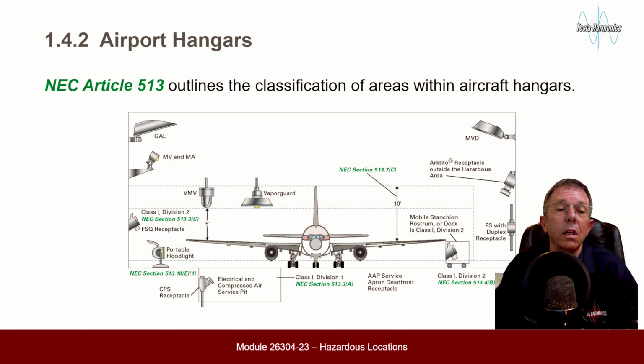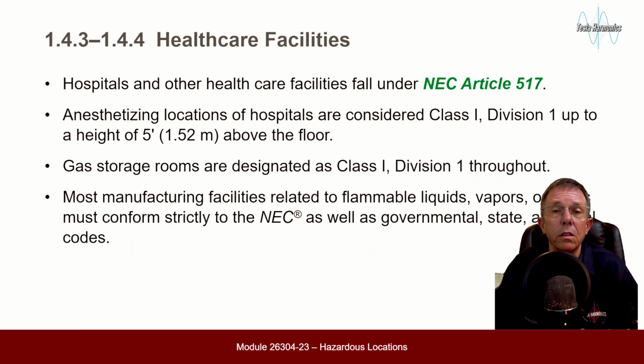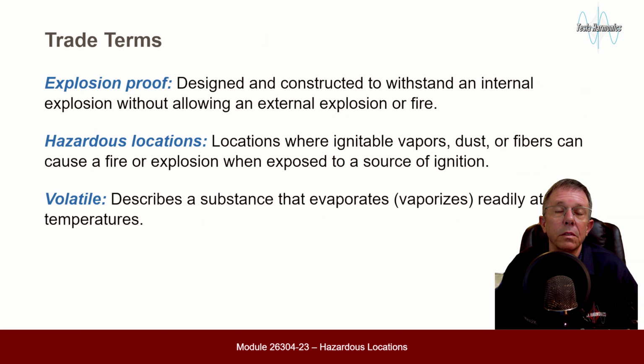Airport hangars. NEC Article 513 outlines the classification of areas within airport hangars. Healthcare facilities. Hospitals and other healthcare facilities fall under NEC Article 517. Anesthetizing locations of hospitals are considered Class 1 Division 1 up to a height of 5 feet above the floor. Gas storage rooms are designated as Class 1 Division 1 throughout. Most manufacturing facilities related to flammable liquids, vapors, or fibers must conform strictly to the NEC as well as governmental, state, and local codes. Here are some trade terms you should read over and become familiar with for this session,